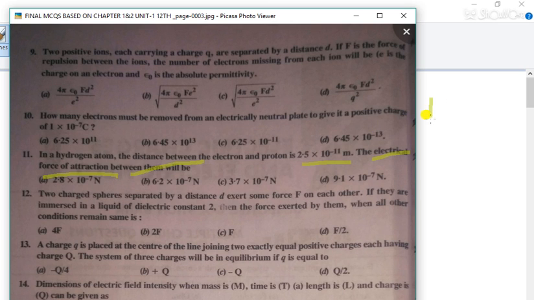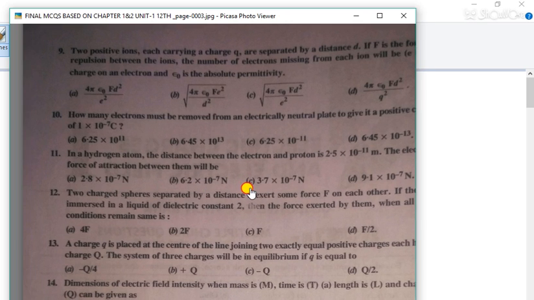So students, this is a Coulomb's law based question. So 1 by 4 pi epsilon naught by finding 9 by putting the value 9 into 10 raised to the power 9 and 2.5 into 2.5. So you can solve it, then you can answer it. Okay, so this is a Coulomb's law based question and its answer will be after the calculation. So you can check its answer will be option number C. So this will be the answer.